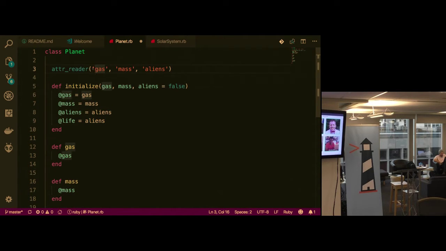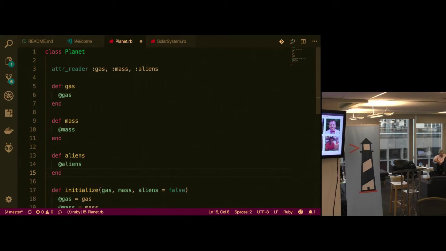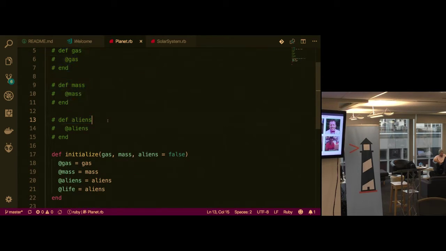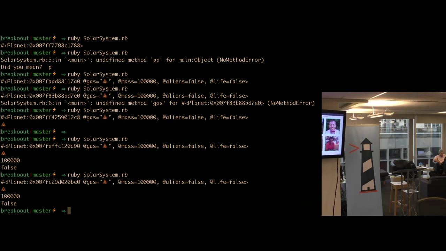But since these are all constant strings that are never going to change, we are going to use symbols. And then we take away the parentheses because that's just the naming convention for attr_reader. This is the equivalent of this. I usually put these at the top of the file as well. So instead of having to define all these long methods, I can just say this, and it should be the exact same thing. Cool, that's pretty nice.